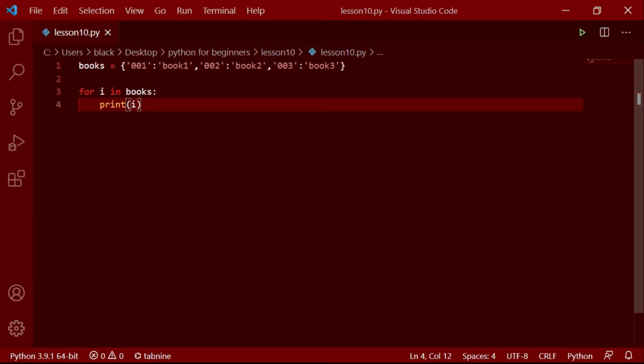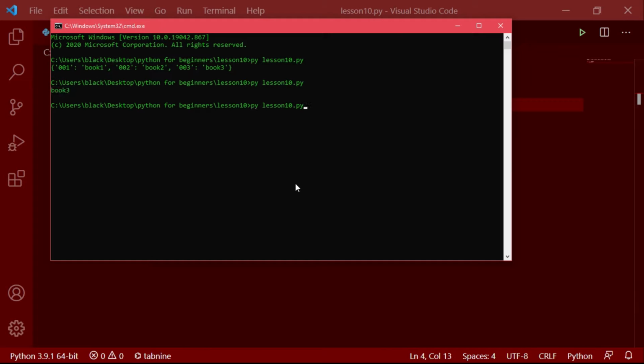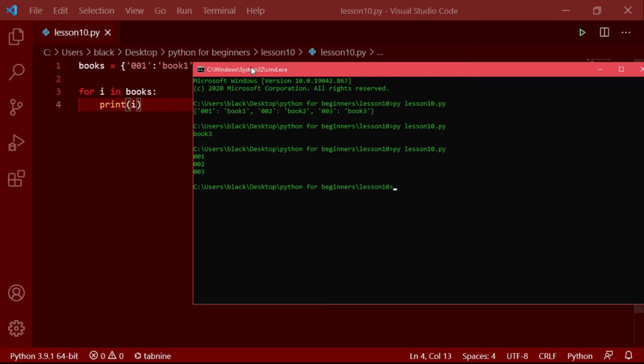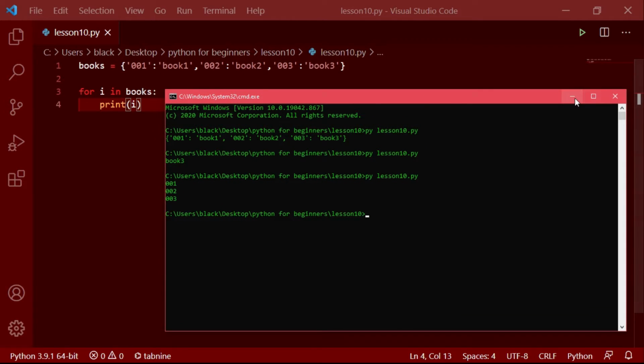By default in Python, it does not print the values. If we type like this, it will display the keys. If I run this, as you can see, it is displaying the keys of this dictionary.